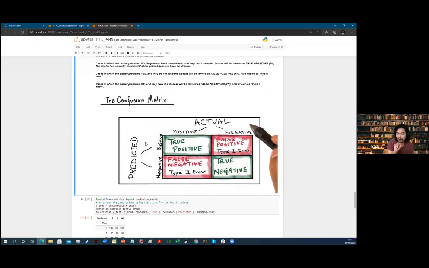Now, if we want to draw a confusion matrix of that, the first case is: the doctor predicted that you have cancer and you have cancer. Then